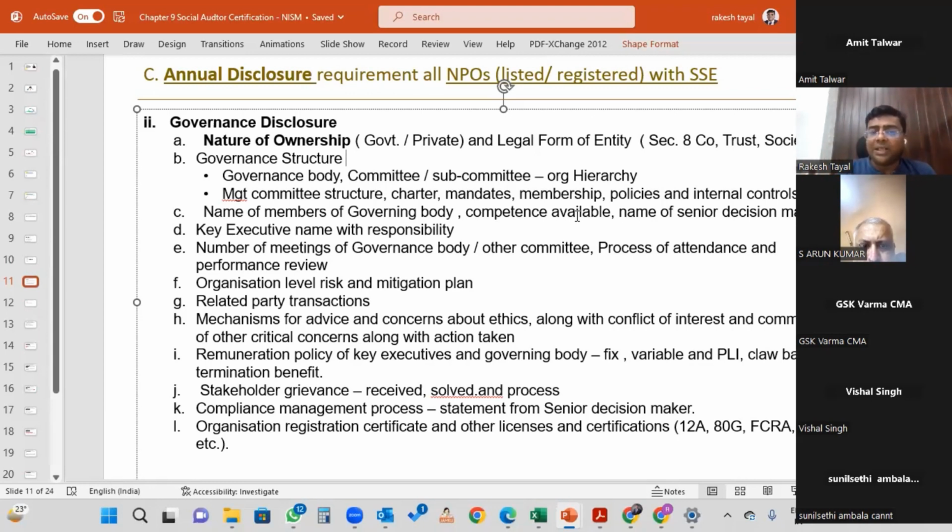annually. Then management committee structure, what is the charter of the organization, what are the mandates, how the membership is to be, what are the policies, what are the internal controls to be implemented. These are all part of the governance structure, and these are all mentioned under Annexure 1 of the guidance note of the circular issued by SEBI on the framework of the social stock exchange. Names of the members of governing bodies are required to be disclosed. Their competence is required to be disclosed, and the name of the senior decision maker,